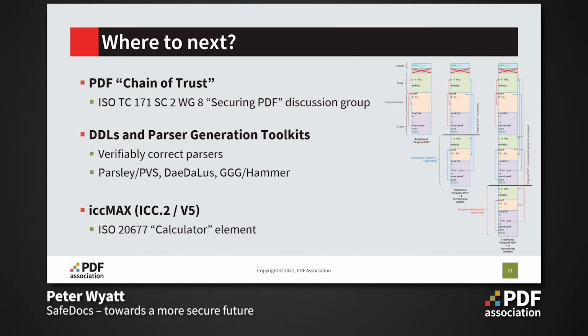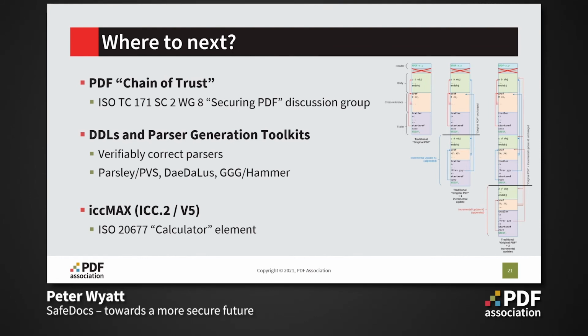SafeDocs also still has work to do on improving and expanding the Arlington PDF Model, the PDF Observatory, and creating more targeted test cases for issues, as well as improvements to the data definition languages, models, and development environments used to encode PDF and the other file formats, streaming data formats, and protocols being studied. Prototype toolchains are already able to generate formally secure parsers while making reasoned statements about the captured requirements, including highlighting the issues underlying what I've presented earlier. All these efforts will no doubt further find issues in the specifications for whatever formats are analysed. These issues then need to be resolved by experts and communicated to industry so that implementations can be checked and